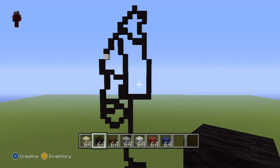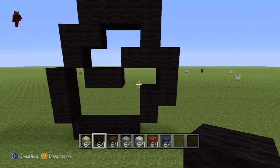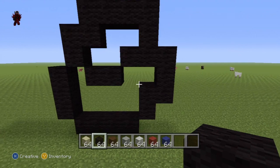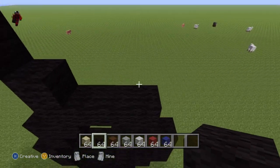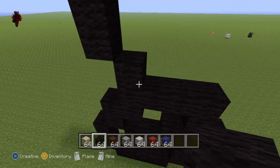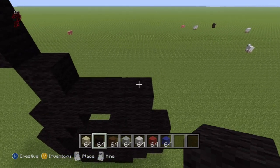As a matter of fact, I think we're going to start building from the other side a little bit, connect everything together. So once you've reached this point right here, you now want to return all the way back down to the foot that we started with. If you guys don't know, this is the foot, you could have probably guessed. Once you're back down at the foot, you want to locate this block right here, the opposite side to where we started a little while ago, and on top of this block you want to place 1 black block going